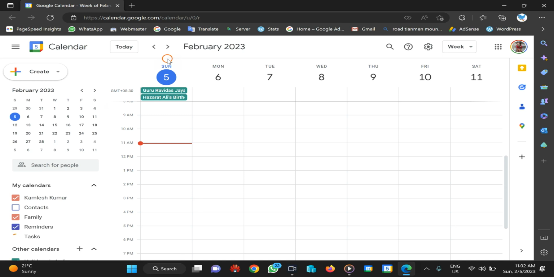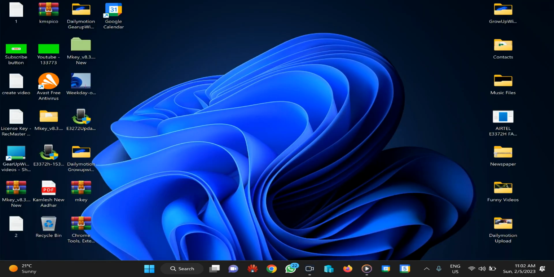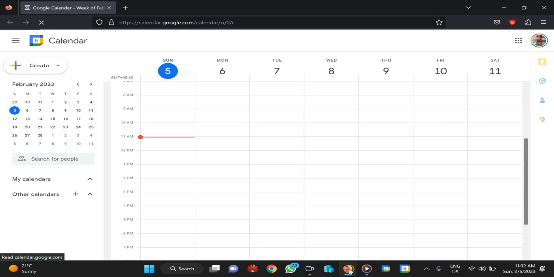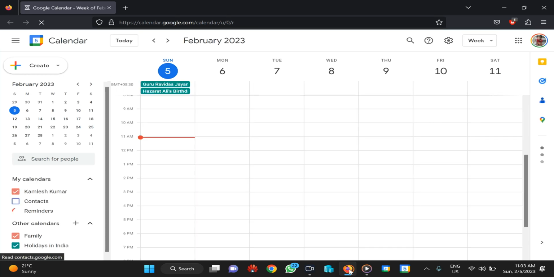The last method is through Mozilla Firefox. That is a bit complicated. So let me start with Firefox, and show how you can add Google Calendar to the Windows 11 taskbar. So click on the Firefox app to open Firefox on your computer. After that log in to your account and then